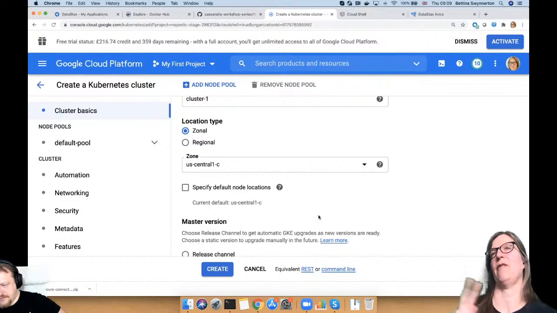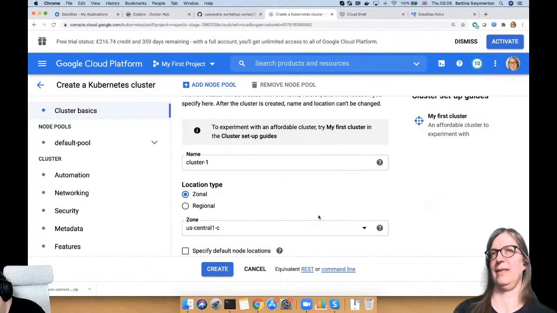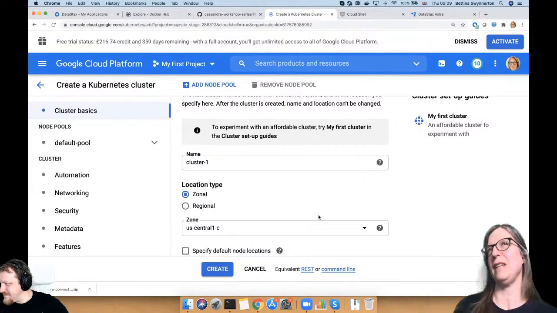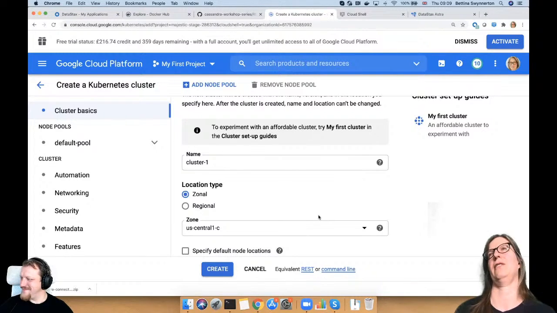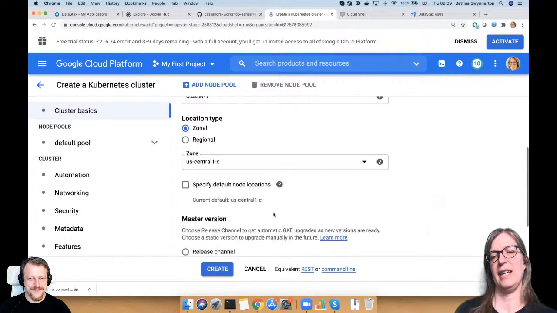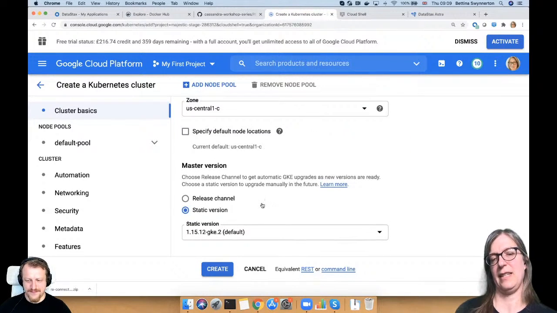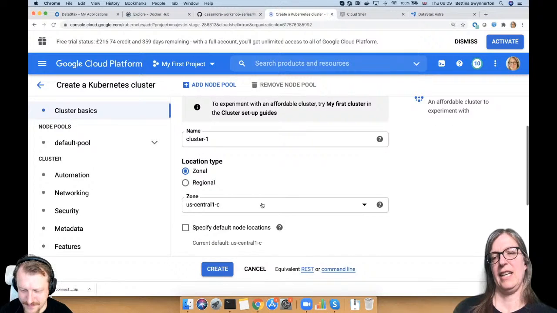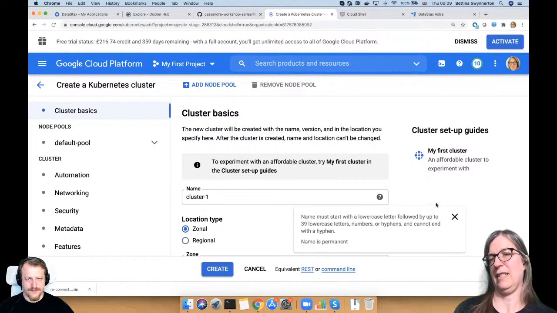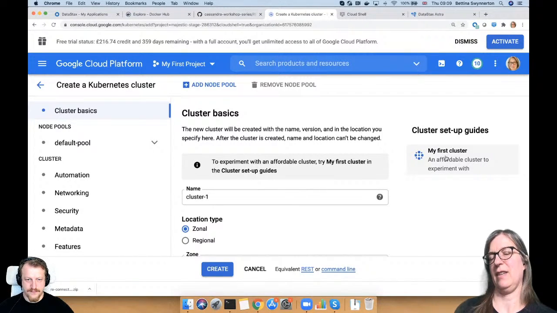I think you can have a maximum of 2 Kubernetes clusters, and you have limited options there for how beefy your nodes can be. I've not actually seen much of a possibility to configure that. This is the default setup, and it's actually a little bit more expensive than the very first cluster that they give you a setup for here.